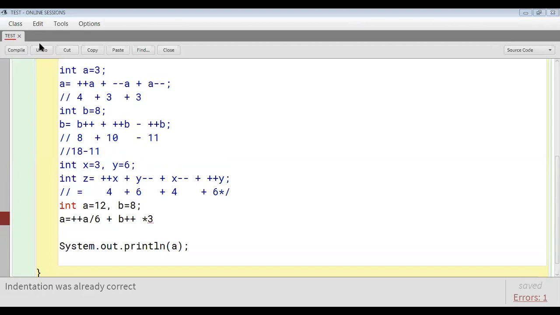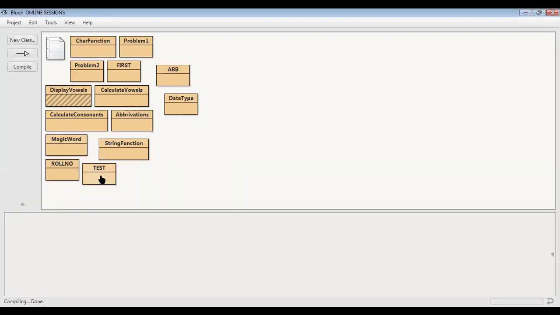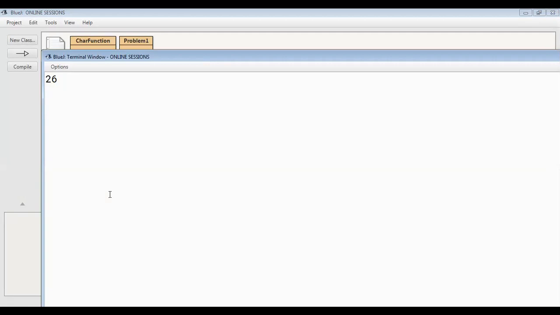Okay. So I compile it. Wait a minute, there is a semicolon missing. So I close it now. Let's see the answer. And what answer do we get? We get the answer as 26. So how many of you have given the answer as 26? I'm pretty sure they are quite okay. Arya Mutta has given the answer as 26. That's brilliant. Murugal has given the answer as 26. Okay. So only two students have given the answer as 26.